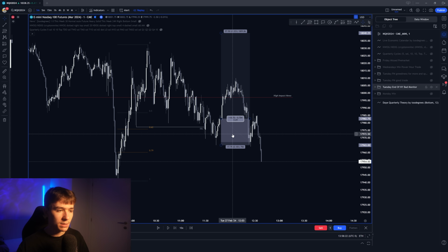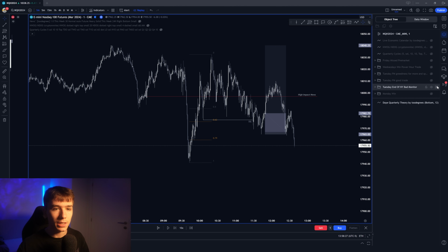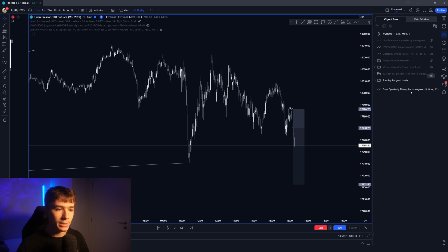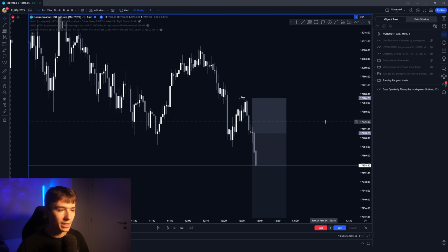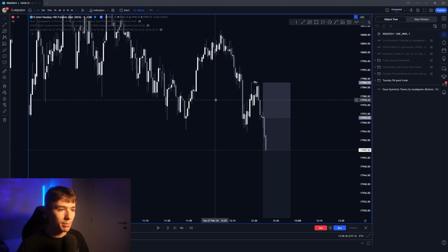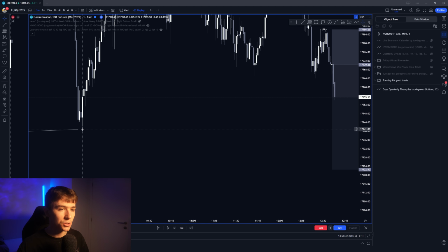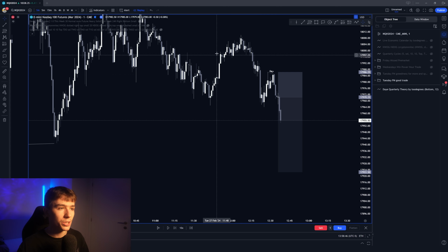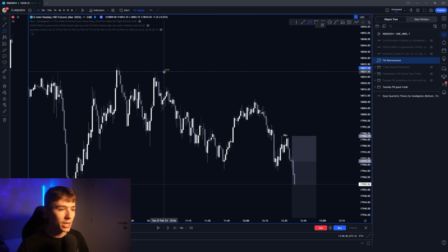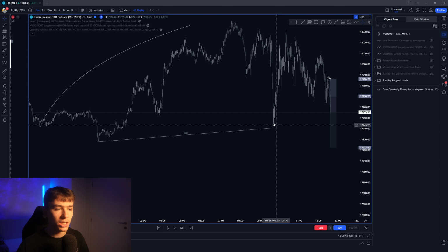And then at this moment, I thought, okay, the draw is definitely going to be lower, right? So that's when I decided to take this short, after I saw this SMT right here, inside of this fair value gap. We disrespected this fair value gap, so I obviously think this is going to be the next draw. We trade from liquidity to liquidity. We fill fair value gaps. We retrace back to equilibrium of this range. I know the draw is most likely going to be lower, especially because we have this low and this low,